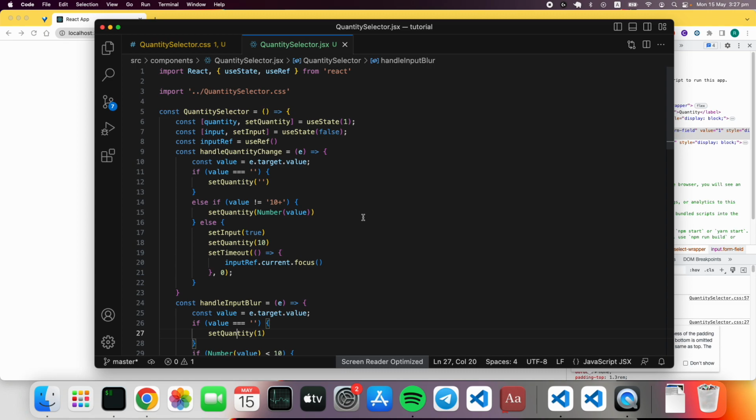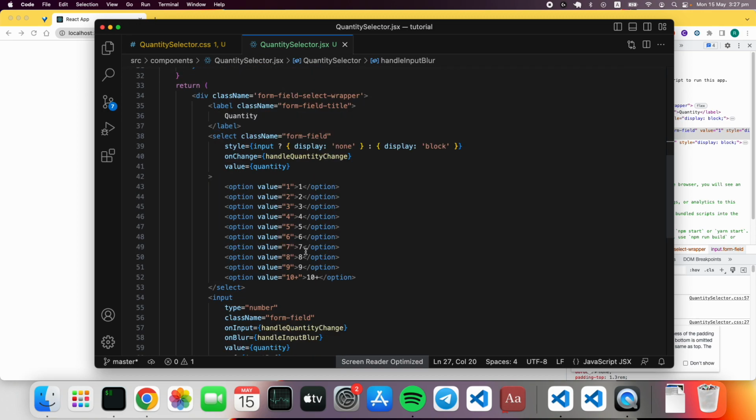Today I'm going to show you how to create a quantity selector in React. First, we need to have a div, and then I call it form field select wrapper. And inside the div,